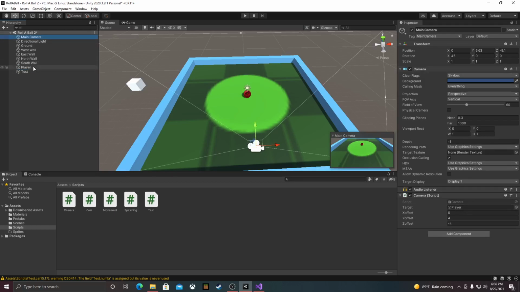And yes, we did drag a game object that is not a part of the camera onto another script. We can in fact do that, and that's typically what you're going to use public variables for anyways, is finding different things in Unity that other things are using. Okay, so I do suggest you set your Y offset and your Z offset to what I did,